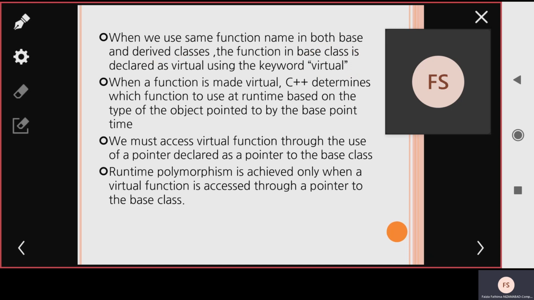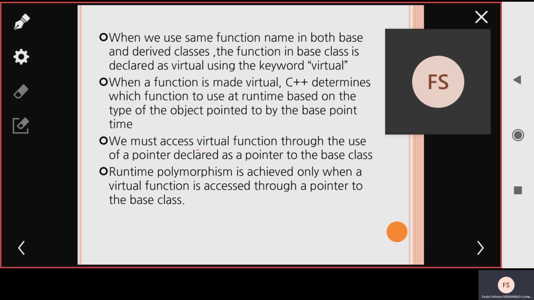When a function is made virtual, C++ determines which function to use at runtime based on the type of the object pointed to by the base pointer. So when we use a pointer to the base class, it will know at runtime which part has to be executed.